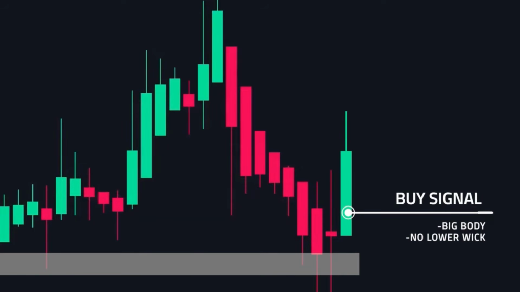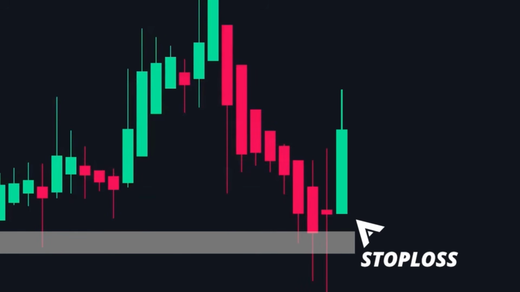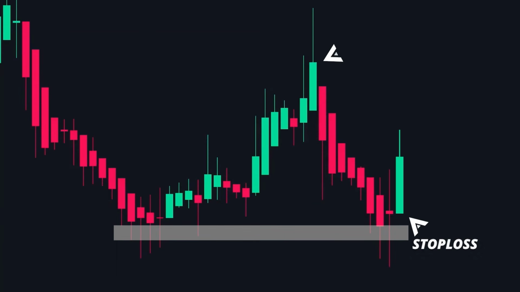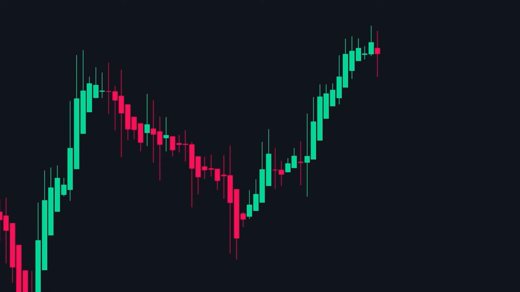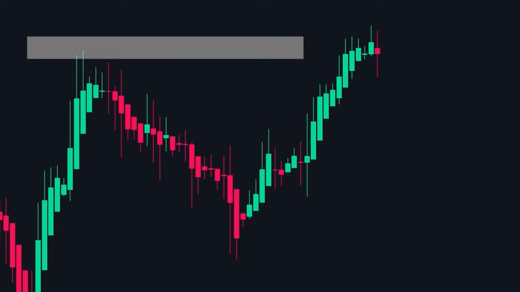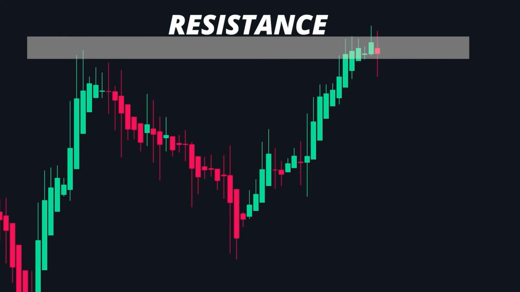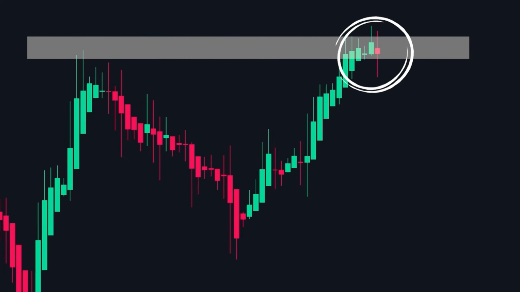This is a strong indication that the price would rise from this point forward, so a buy trade might be made from this candle. We can put the stop loss below the candle and the objective at the following resistance level. For a sell trade, the price had previously reversed down from a specific area, which we designated as a resistance level. When the price reaches this barrier, we expect it to reverse lower once more.